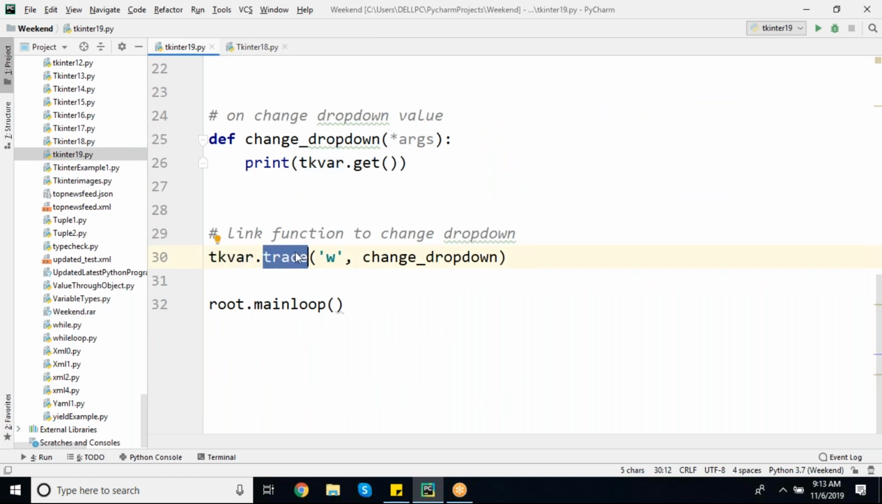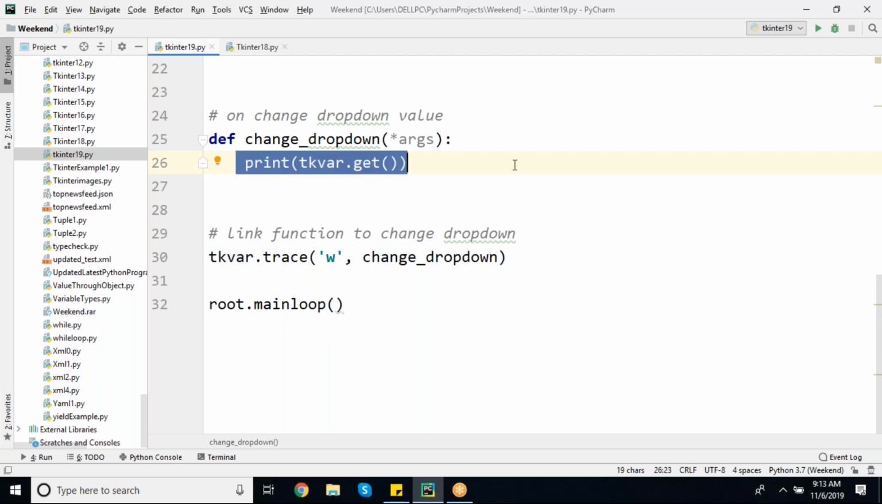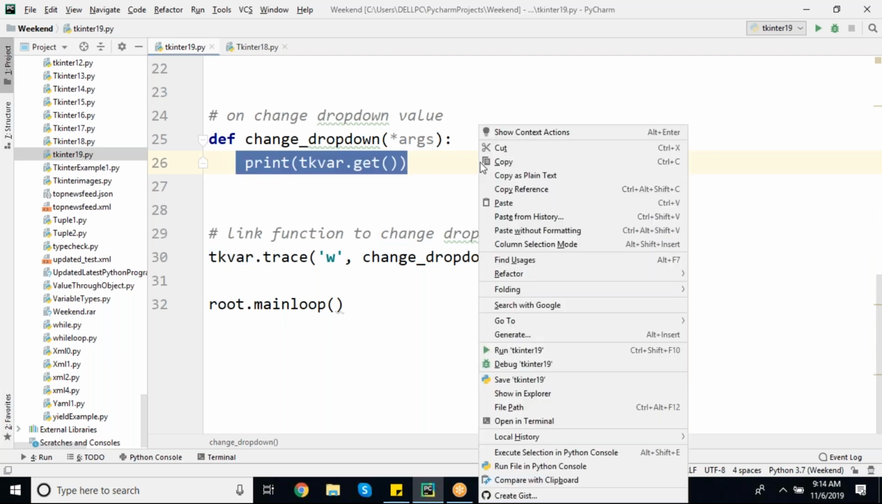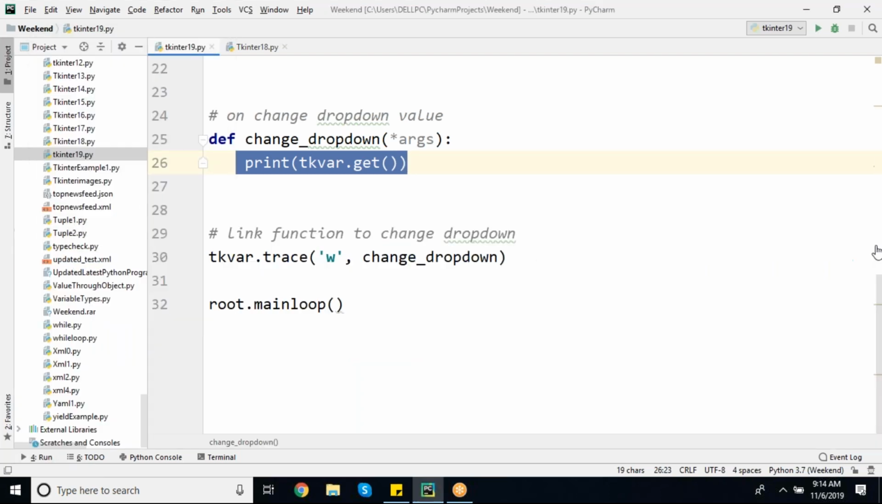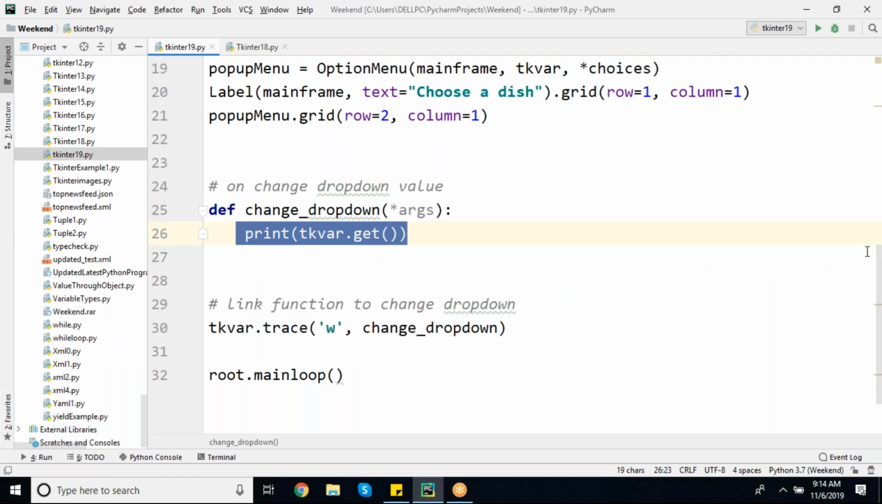Next, tk var trace, right. That means if the value of the tk variable is written or changed, then we are calling the change_drop_down function. What this change_drop_down function is doing: whatever value is available in the tk var, it is retrieving and printing in the console. Next, we are starting up our main window. You can check it out. It is retrieving from the tk var whatever the value is there and printing. Simple. Clear, right? Next,